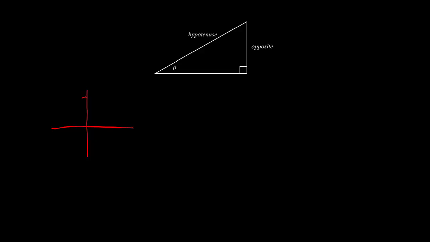Okay, so let's draw our unit circle in here. Okay, and now let's draw a triangle. So we've got a right triangle, and we're going to call this angle in here theta. Now here's what we know. We know that the hypotenuse length right here of the triangle is 1 unit long because it's on the unit circle. We also know that this point from the intersection of the terminal side and the unit circle is going